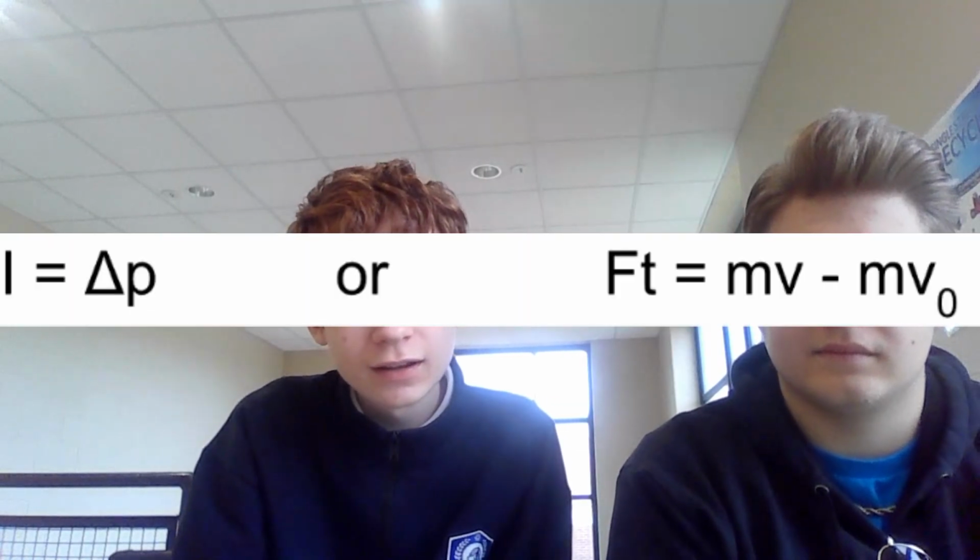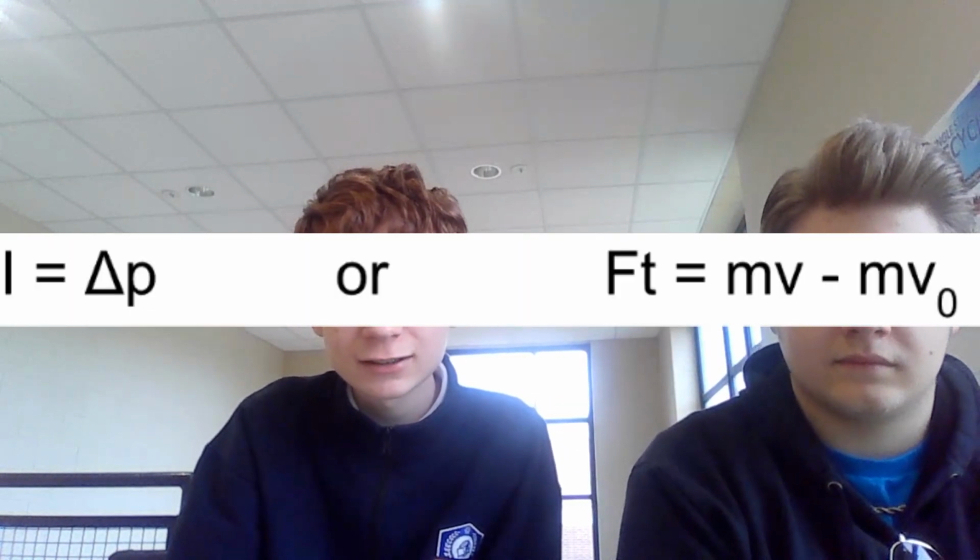Furthermore, when the momentum of an object changes, it's called impulse, which can be modeled by multiplying the force by the time, or by subtracting the initial velocity from the final velocity. As a general rule, an object with more momentum requires a higher impulse to stop, and impulse can be increased by having more force or time. Additionally,